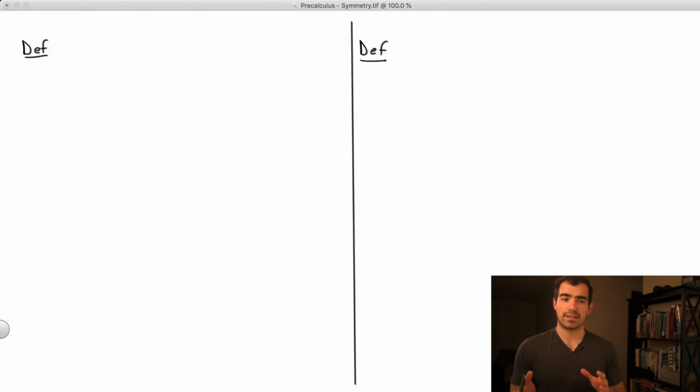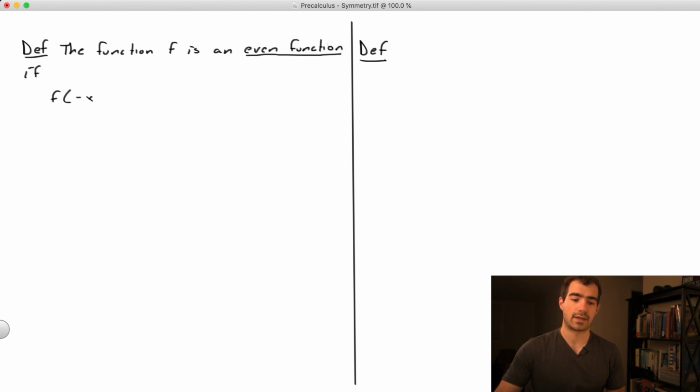So what does that mean to be an even symmetry or an odd symmetry? Well, we have formal definitions for these, but they will also correspond with the visuals that we can see on a graph that will look a little bit more like the symmetry that we're familiar with. So first, we'll say that the function f, and again, that's just our name for this particular function, we're just talking about any arbitrary function here, is an even function if f of negative x is equal to f of x